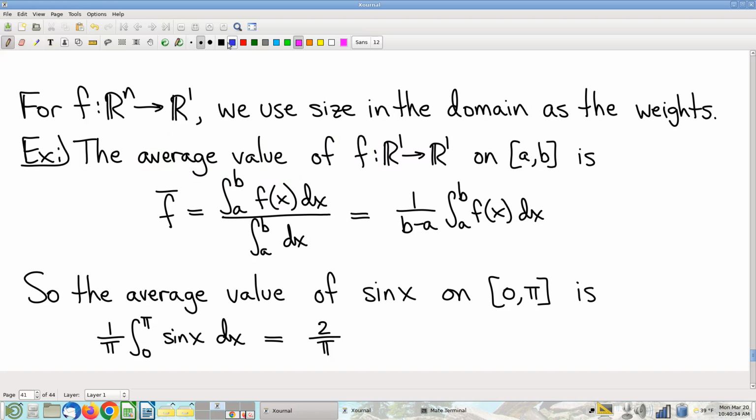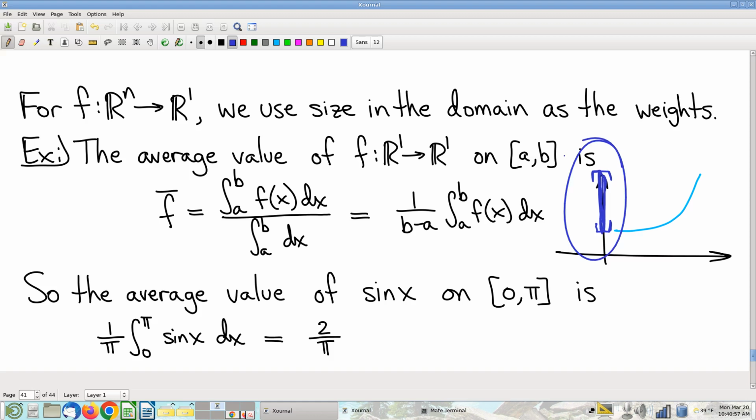Here's the idea. Let me draw a quick picture here. If your function looks kind of like that, one could argue that the function takes on all the values here between there and there. There's a lot of values that the function takes. What if I just average these numbers? No. That doesn't represent the fact that this function apparently takes these values down here over a much wider